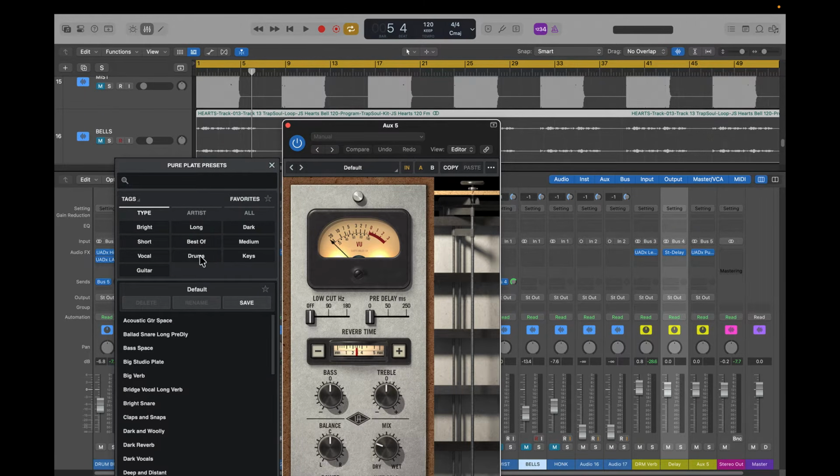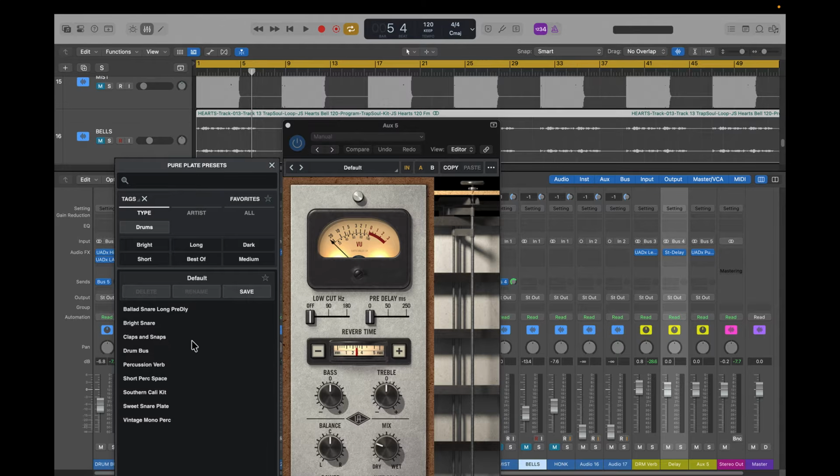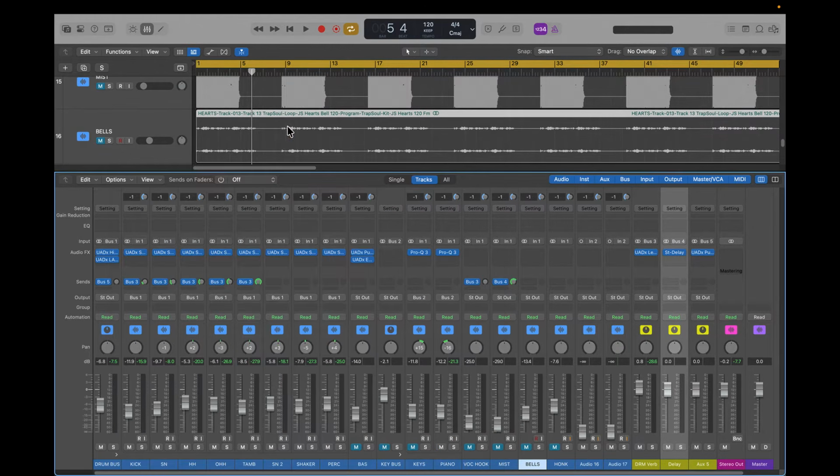Maybe I'll use it for drums right here, like this. Get some drums. And there's a bright snare. Drum bus right here for a drum bus. Perfect. So I got that for a drum bus. I put this right over here. And now this is that effect right here. This is up here. I'm not worried about that. If I play the drums back,